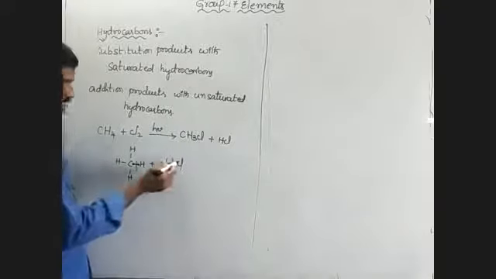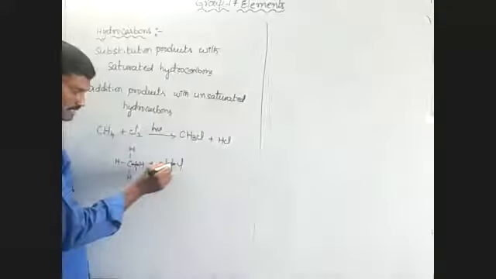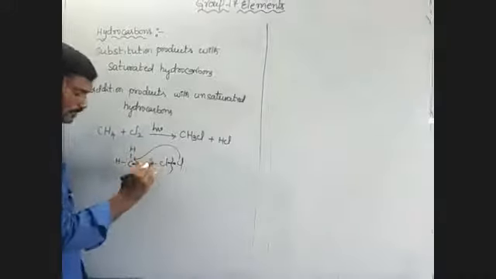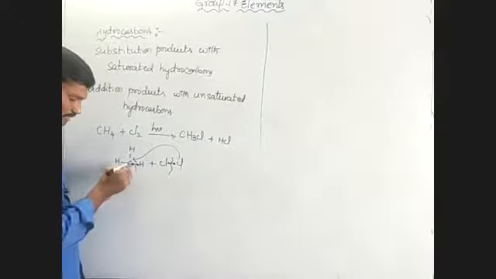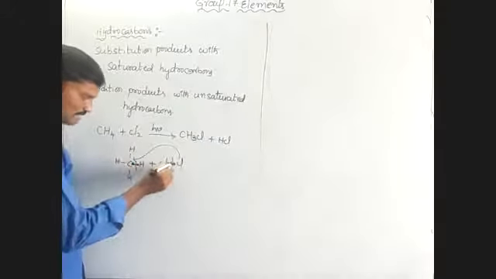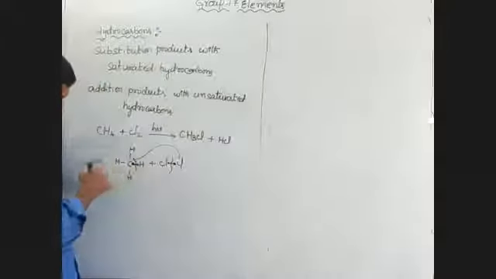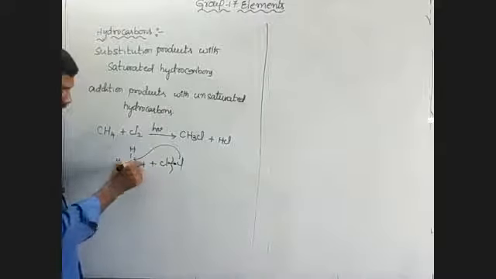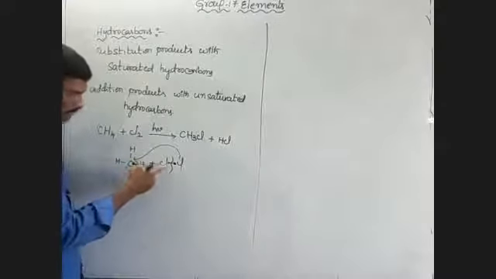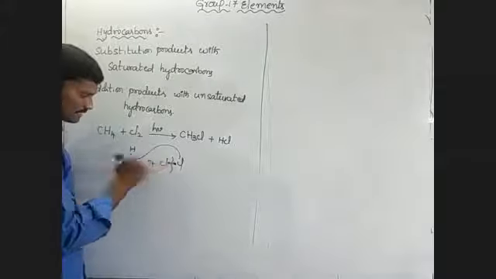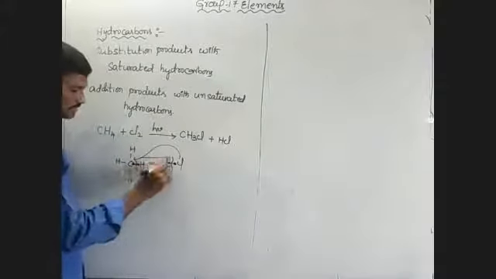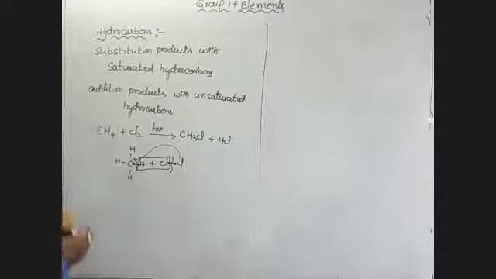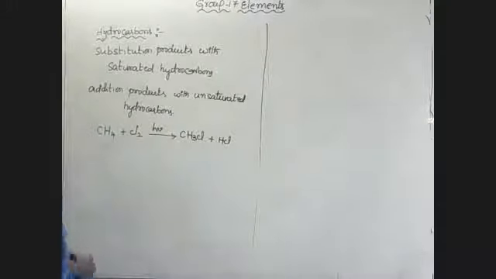Okay, next come to this chlorine with this unpaired electron coming to this carbon. So the bond forms between this electron and this electron. That means CH3Cl like this. And the bond forms between hydrogen and chlorine, between this electron and this electron. This is HCl formation. Okay, that is chloromethane or methyl chloride.